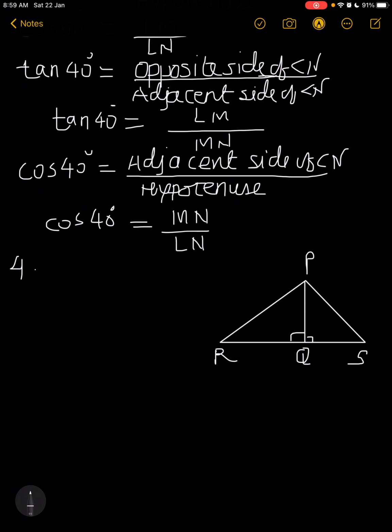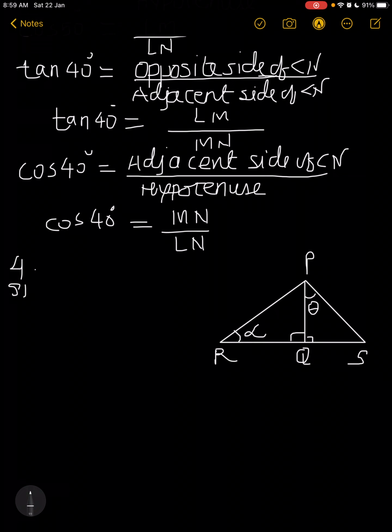Theta is the measure of angle P. This time angle measure is shown by the Greek letter theta. Angle R measure is shown by another Greek letter alpha. Theta and alpha are the two Greek letters used for the measure of angle P and R. So let us start the work now as we have less time.